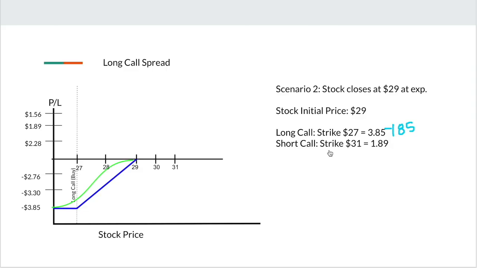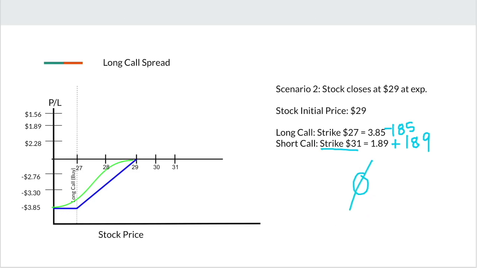However, with the short call, considering you sold this and the strike point was never achieved, you gained $189 out of this. So you're positive 189. Therefore, you actually end up making $4. Usually it actually cancels out, but the strikes on this specific stock were a little weird. But usually you'd end up at zero,